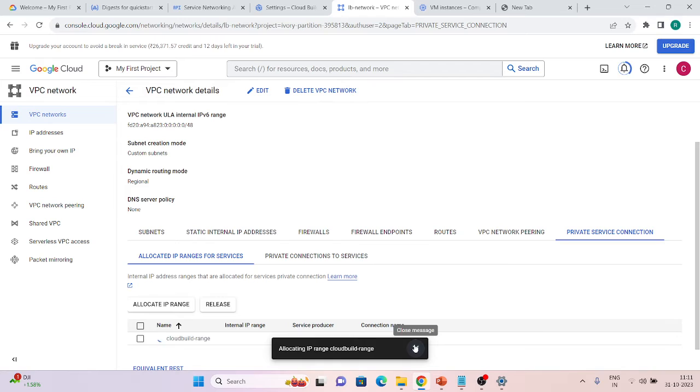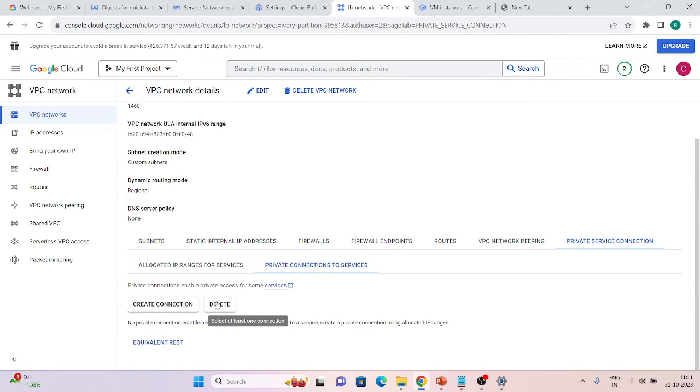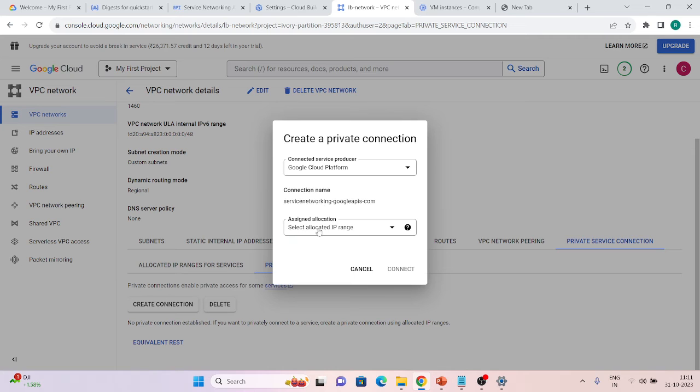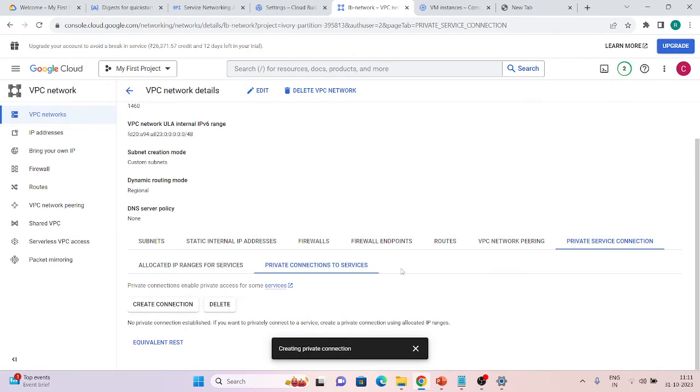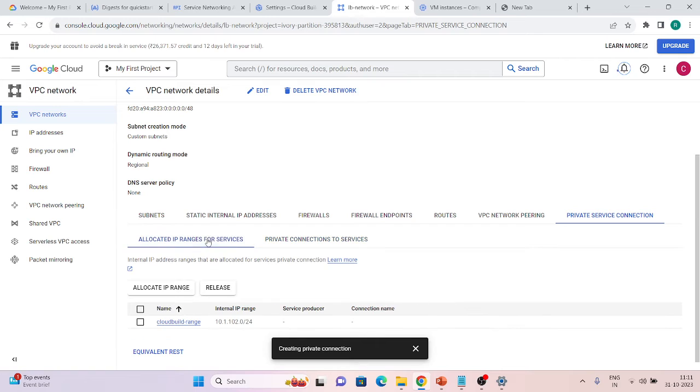So it has allocated this one. Now go to private connection to services. We have to create a connection here. Select your IP range, click on OK and click on connect. What will happen is it will create a peering between our LB network and this network within the Google network where this IP range has been created.